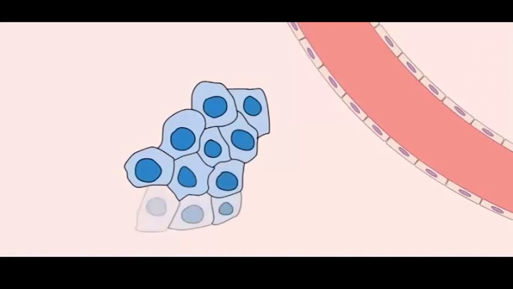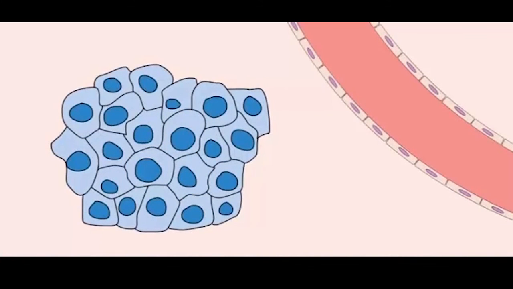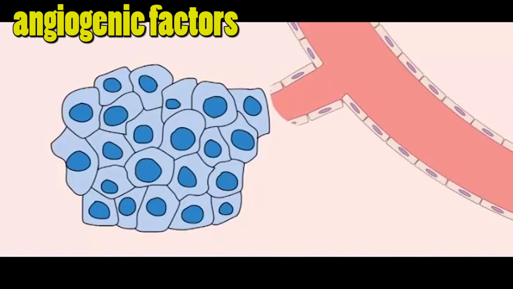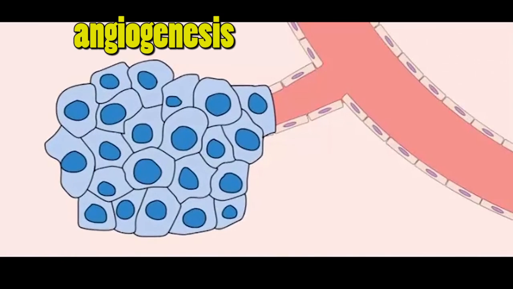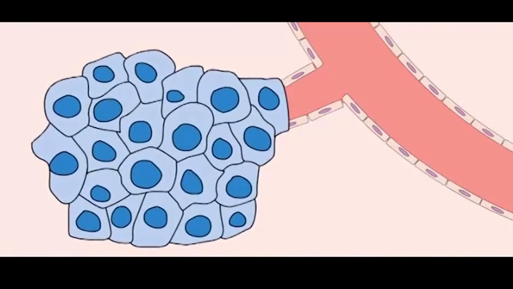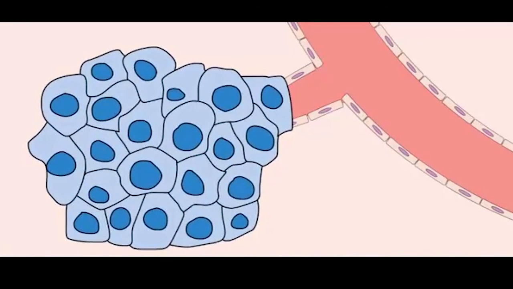I love how intelligent the cancer cells are. So as the tumor grows bigger and bigger, it gets further away from the blood vessels. These blood vessels provide it with oxygen and nutrients. So to keep the tumor healthy, the cells require oxygen and nutrients. So it sends out a signal called angiogenic factor. This encourages new blood vessels to grow into the tumor. This process is called angiogenesis. This helps the tumor to grow further, providing it with oxygen and all the nutrients required.